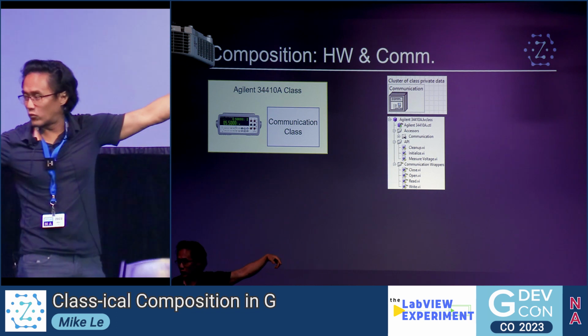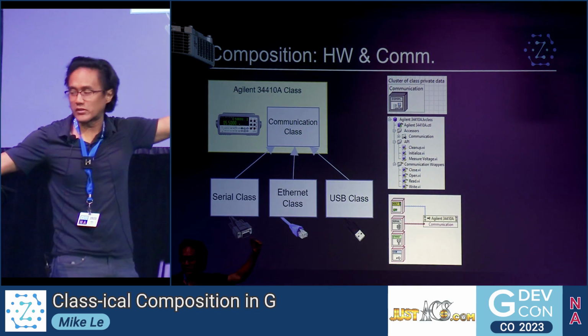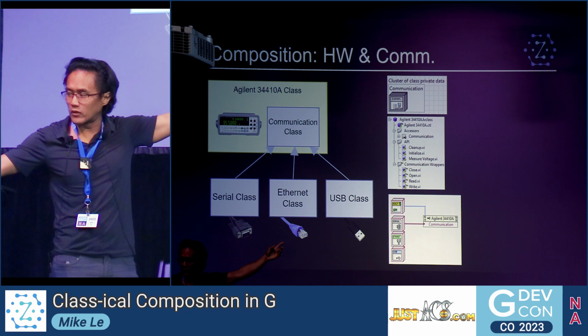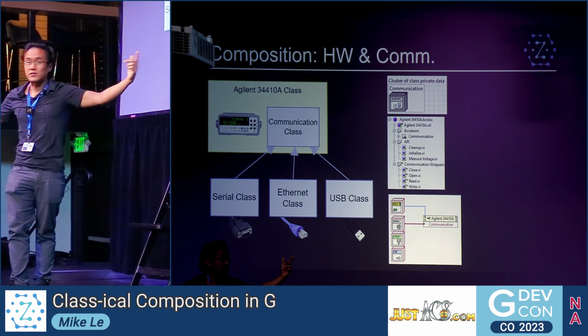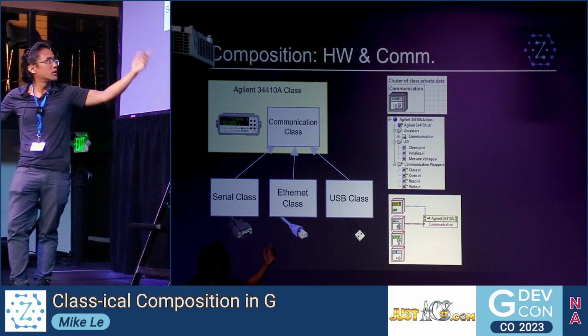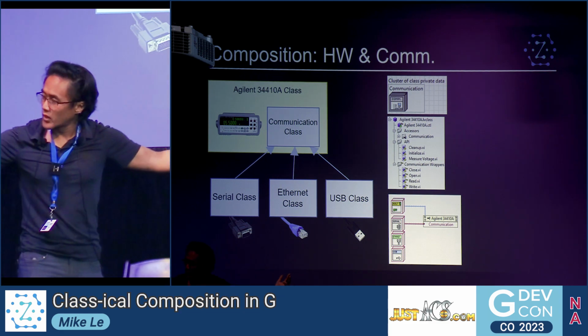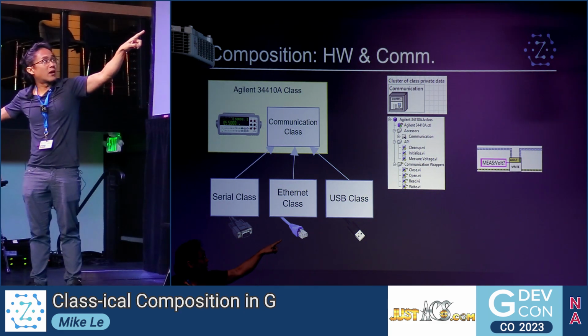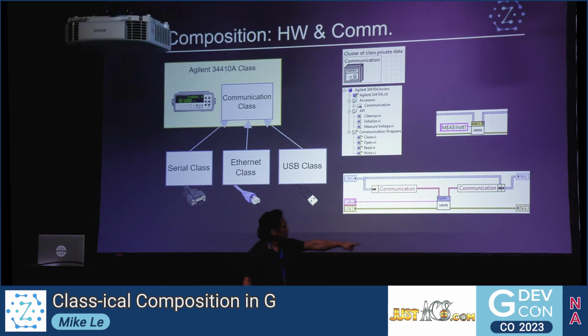So you can see that over here in your private data, you've got a communication class. I went ahead and made wrappers. So at runtime, you can load which kind of communication interface you want. This could be configurable, whatever. And then you get that dynamic dispatch, right? Because inside your write class here, you're pointing to your communication class, going to the dynamic dispatch that you want. And that's all very nice, right? That's a much better way to do it. You get exactly what we wanted in that previous slide. Any questions so far? All right, that was easy.